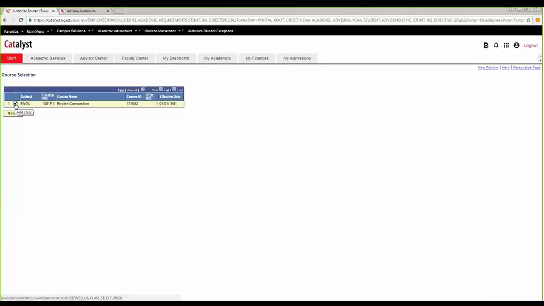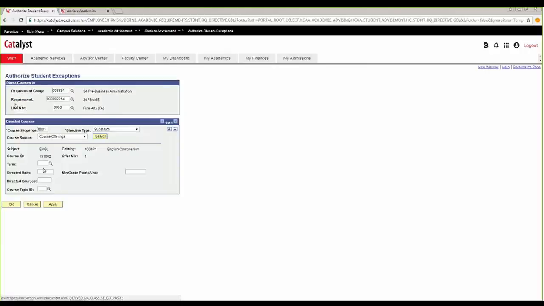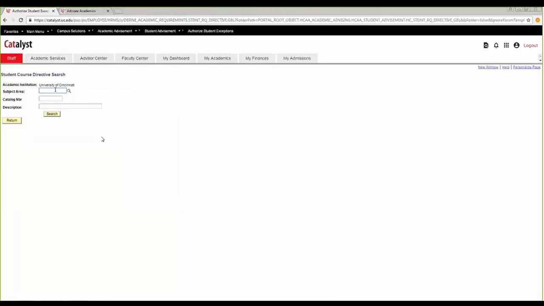In order to select that course, we're going to click on the check next to the course that we want to select, and it'll go ahead and populate information in the space that you're looking for. Now, I selected a partial course, which is definitely a semester equivalent, and you'll notice that the offering number is 1. When you're looking for a self-articulated course, when you want to write a course directive to the semester equivalent to the quarter course the student took, you'll always want to select a value that has an offering number of 1. So even if the course was equated to what we call the parent course, meaning that it isn't a partial, it's a full allotment of credit,